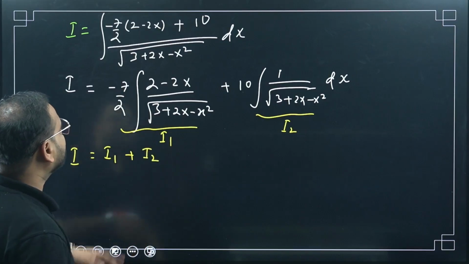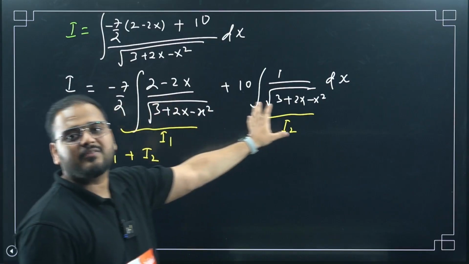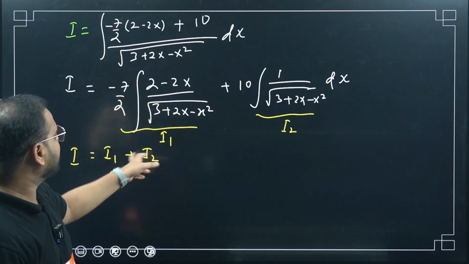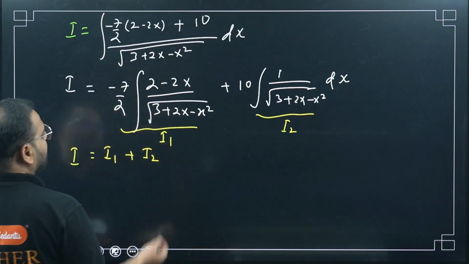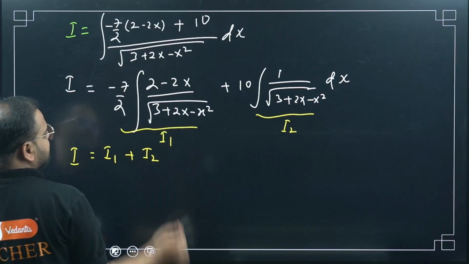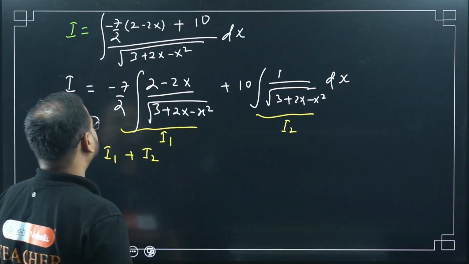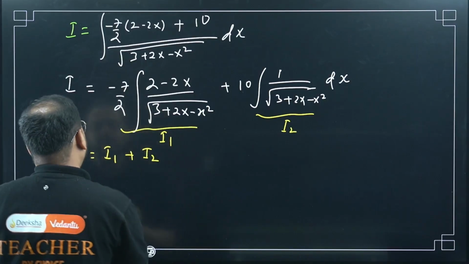I can separate the integration. We have learned the property of integrations. I can apply the integration to the plus sign individually, or the minus sign also individually. Please check. Minus 7 by 2 is there for I1 and 10 is there for I2. Now for I1, if you take this as t, what will happen? If I do only for I1 now,